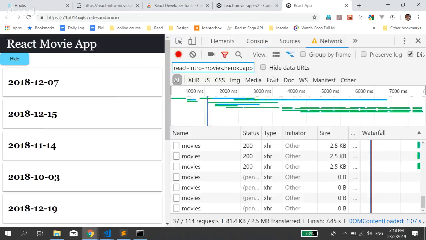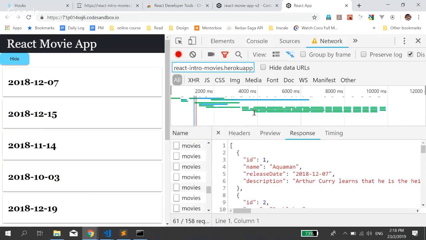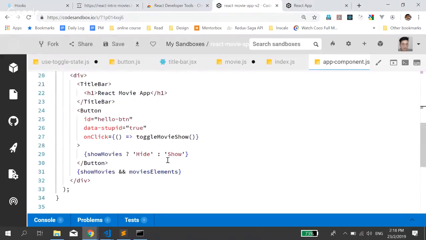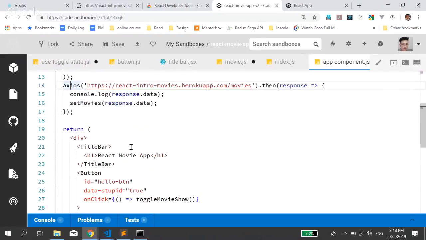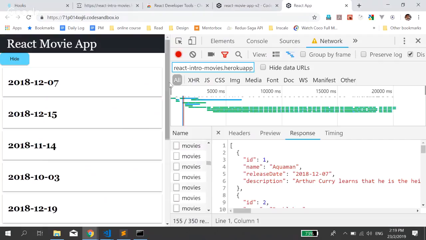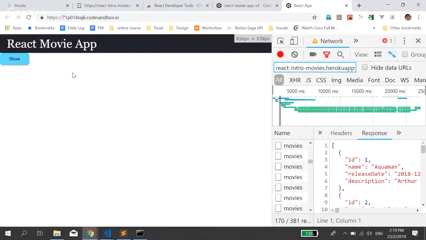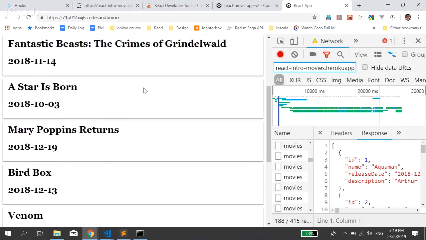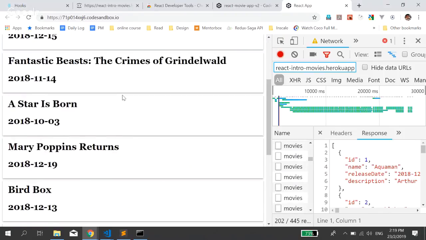Something is wrong. Yeah. So it's called name. It's not called title. So movie not name. Okay. So now we get this list of data